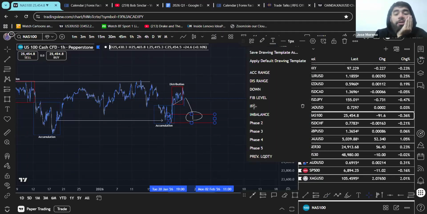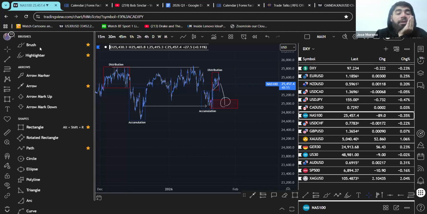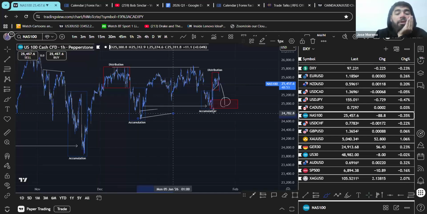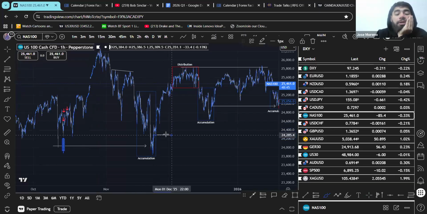And if we don't respect here, I don't know if I would instantly look for buys in this, because again, we already came pretty deep. It would be pretty weird to see us break here. If we break here, we might even do the extreme low to this sweep here.